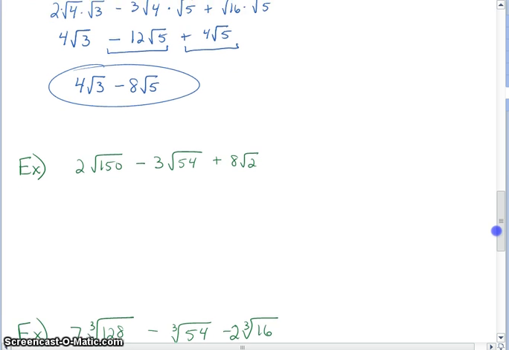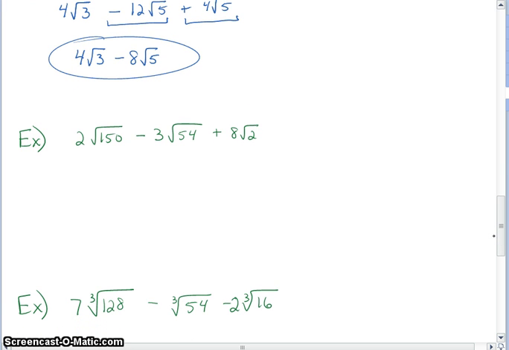Okay, let's try this one. First, do I have any like terms? Nope, but I can simplify these. So 2 times the square root of 150. So what am I going to break 150 into? Something that I do know the square root of. 25. So the square root of 25 times 6